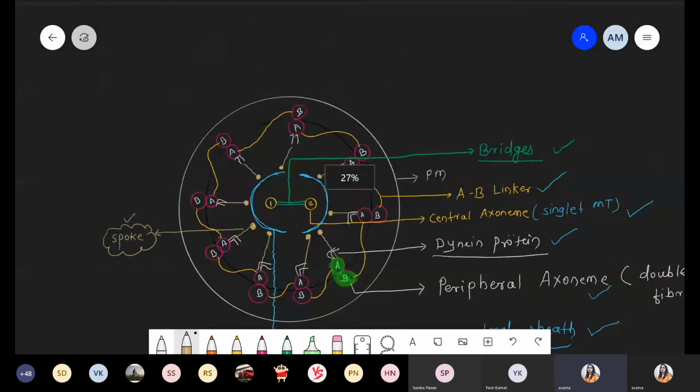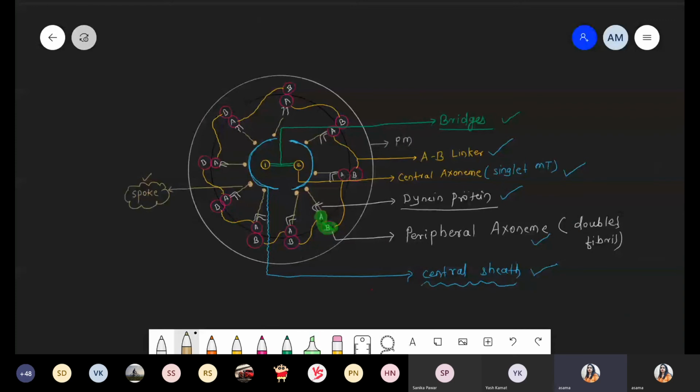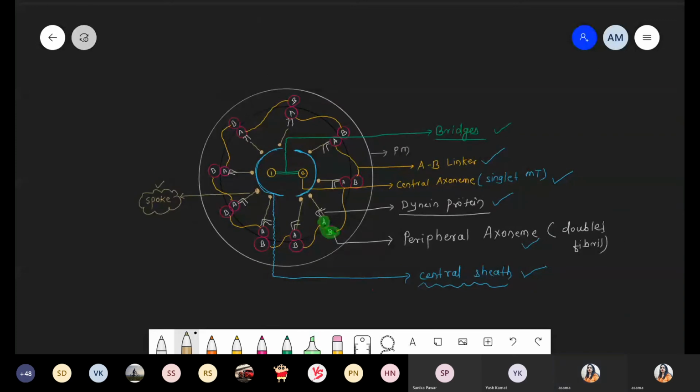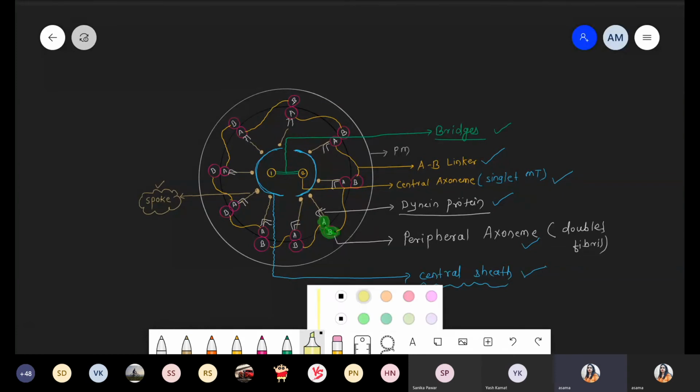We are talking about the entire structure of the 9+2 arrangement, which is common in cilia and the flagella. Cilia and flagella have the plasma membrane. That's why initially we drew toward this outer side. First of all, we draw the structure of the plasma membrane because it has the boundary. After this plasma membrane, the cilia and flagella are arranged in a circular manner like a wheel-like structure.